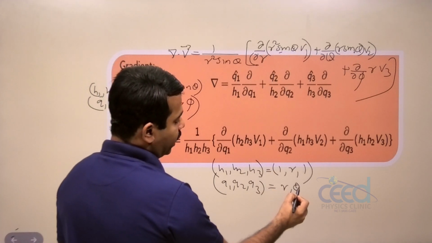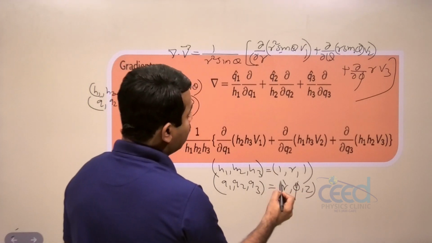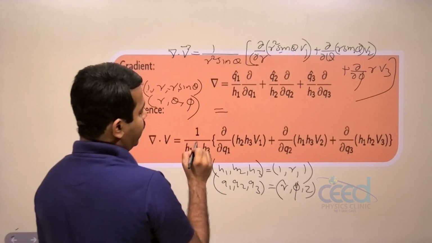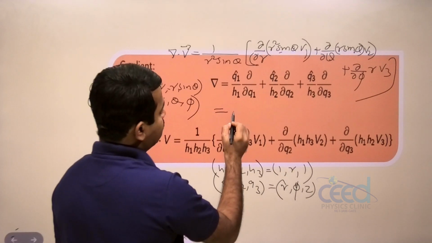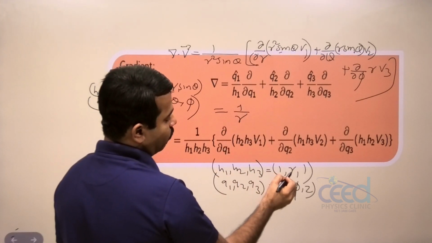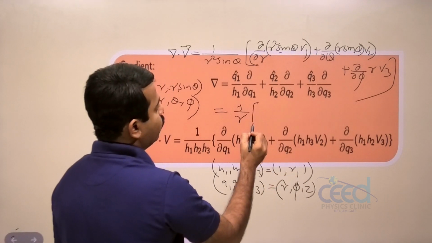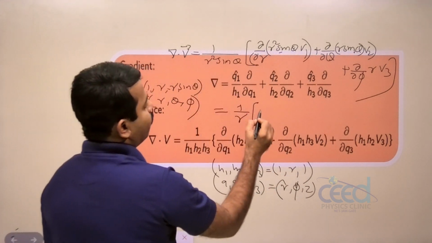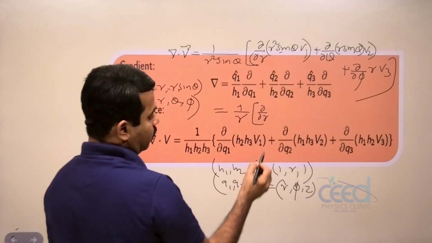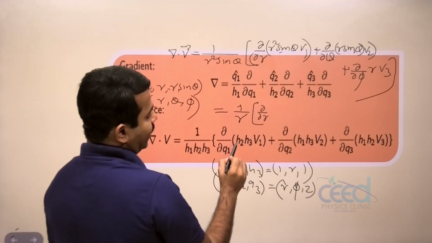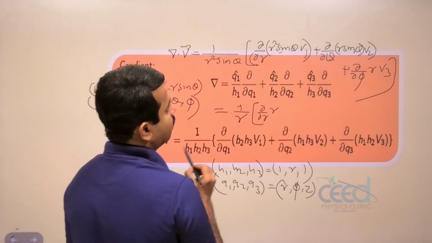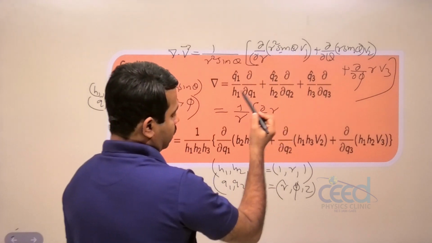R, phi, Z. Then how do I write this equation? That is 1 by H1 H2 H3, that is 1 by R. H1 H2 H3 multiplication is R only, into again 1 by R into dou by dou R of, again here, H2 H3, that means R, again R. Alright, then the function is